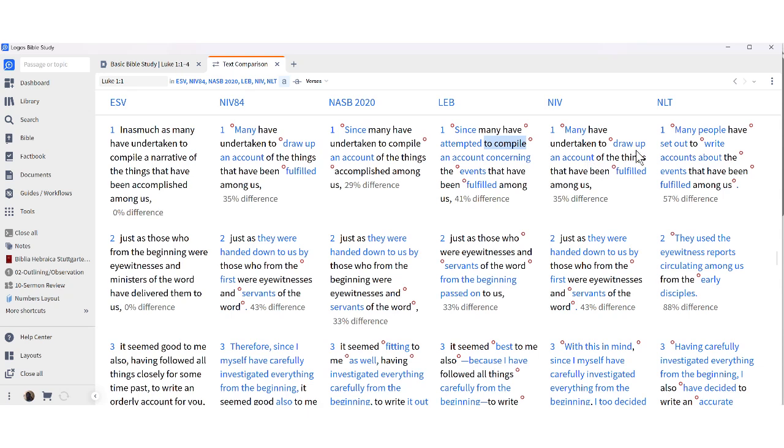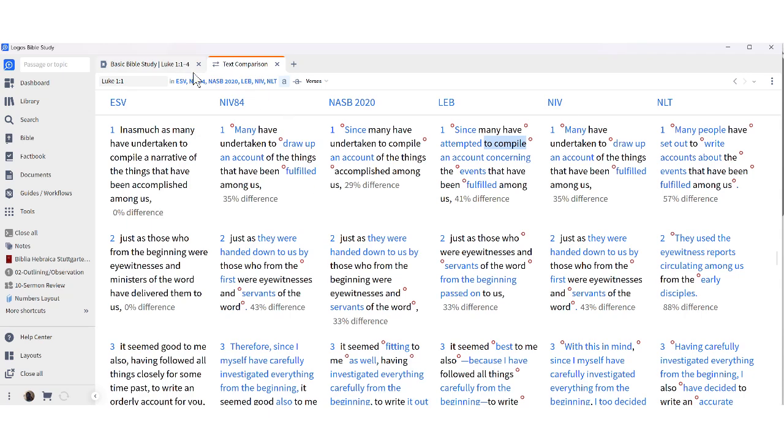So I think it's fair to say that draw up and to write really convey the same thing, but there does seem to be a split amongst translations between the usage of compile and to write up. And I need to know, is there really anything here that I may need to understand about